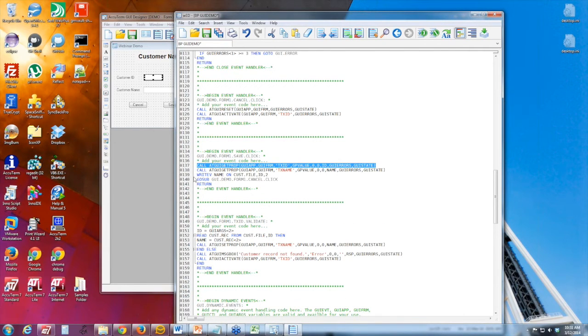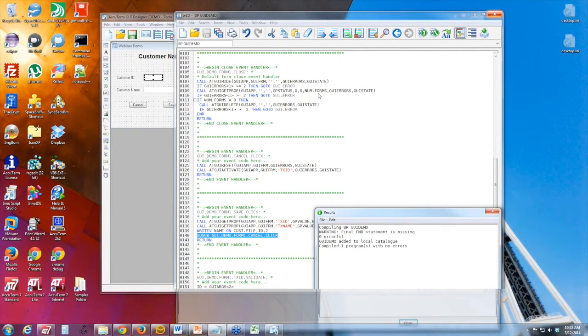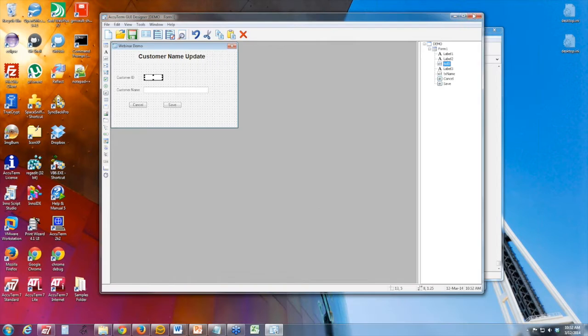we're going to grab the ID from the GUI form and stick it in a variable called ID. And we're going to grab the name from the GUI form and stick it in a variable called name, write it to the file, and then we're just going to jump over to the cancel code because that'll reset the form and go back to the next ID. At this point, we should actually have a functioning GUI program. So let's save it, recompile it, save this, and